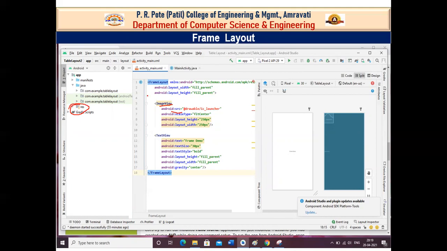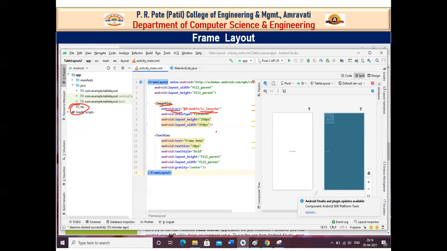So all the static images are stored in the drawable folder, where we use ic_launcher, that is icon launcher. Here I'm using the property android:src. The source of my image is the drawable folder, ic_launcher.